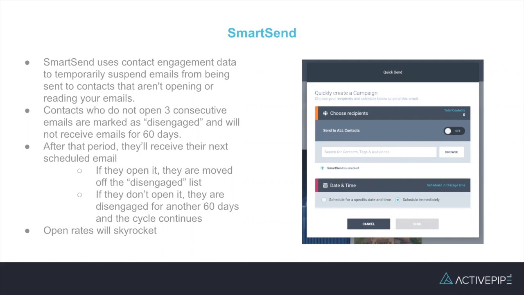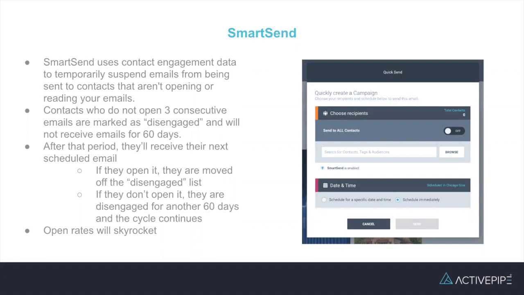What it does is track engagement on your previous emails. Any contacts who have not opened your last 3 emails will be marked as disengaged